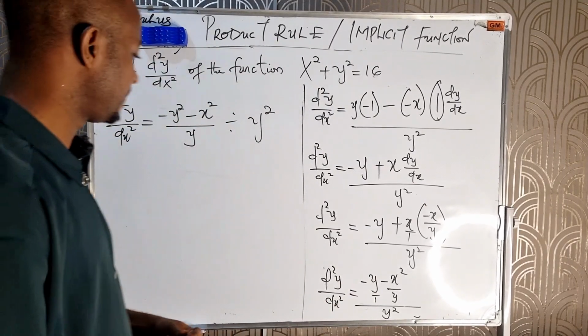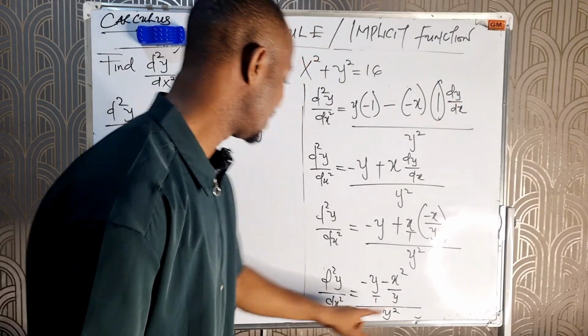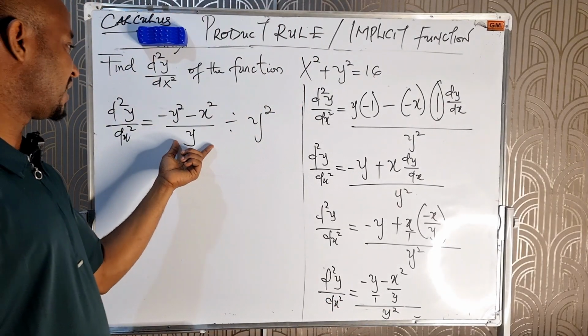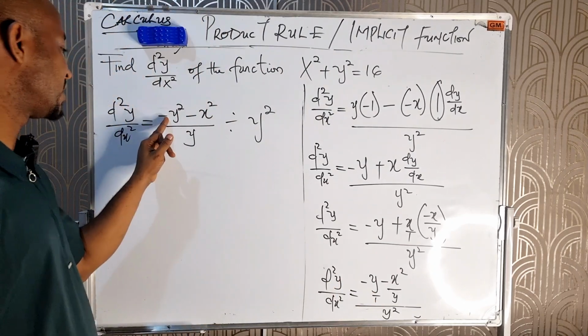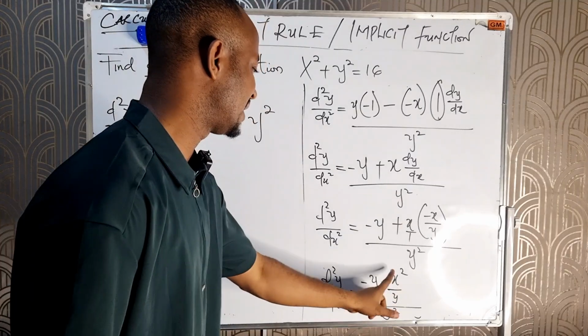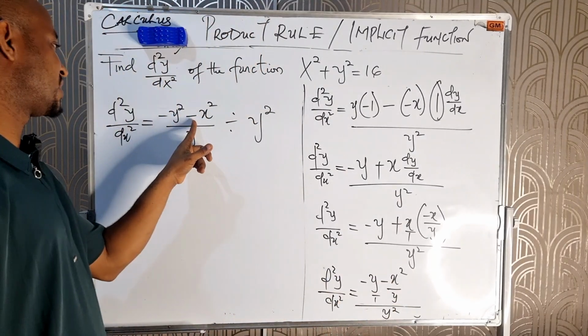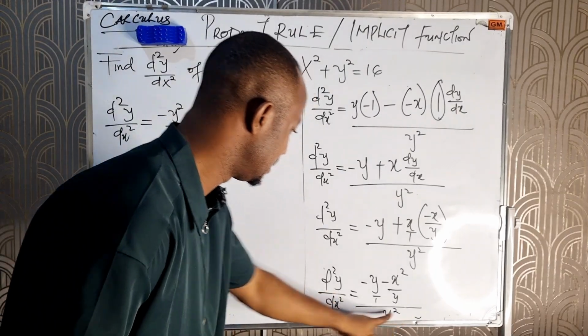I hope this is clear. Here we collected the LCM. Between 1 and y, the LCM is y. So divide this y by 1. We have y. y times minus y is minus y². The same y divided by y gives us 1. 1 times minus x² is minus x². Is that clear? Then we have a division here, this divided by this